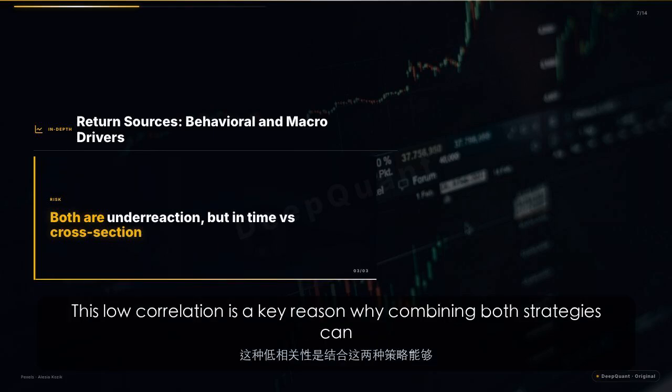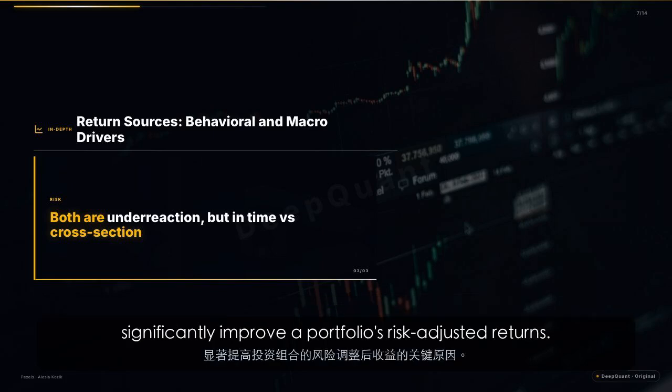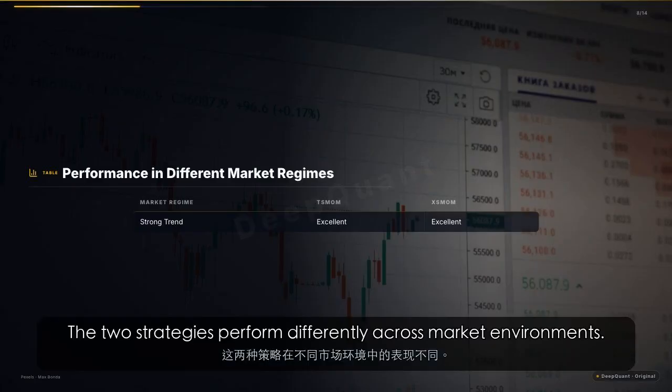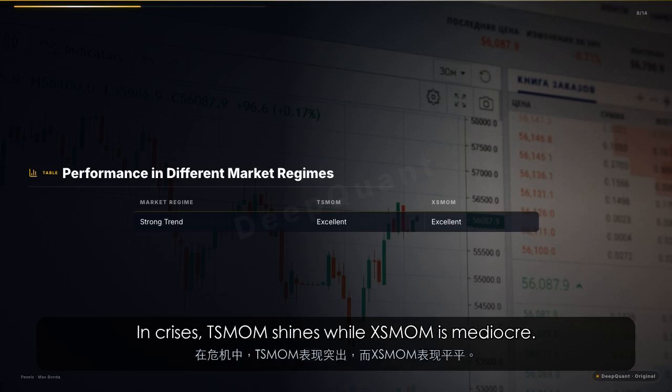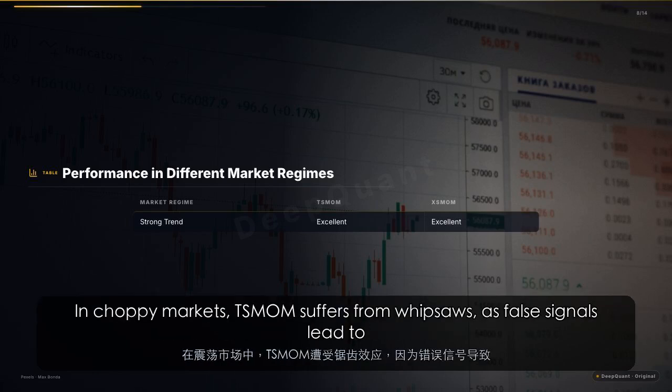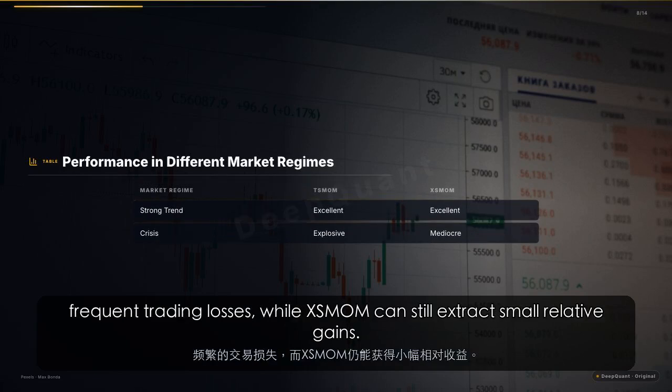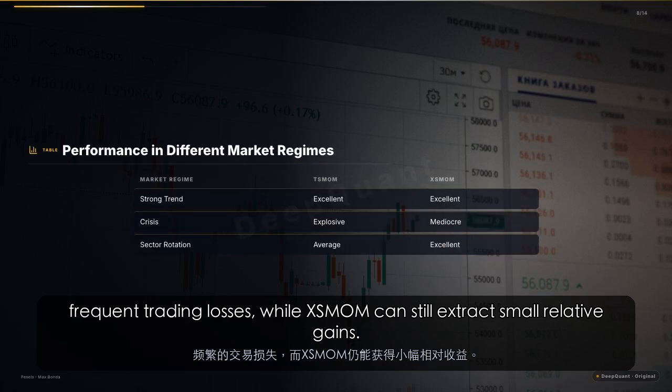This low correlation is a key reason why combining both strategies can significantly improve a portfolio's risk-adjusted returns. The two strategies perform differently across market environments. In strong trends, both excel. In crises, TSMOM shines while XSMOM is mediocre. In choppy markets, TSMOM suffers from whipsaws, as false signals lead to frequent trading losses, while XSMOM can still extract